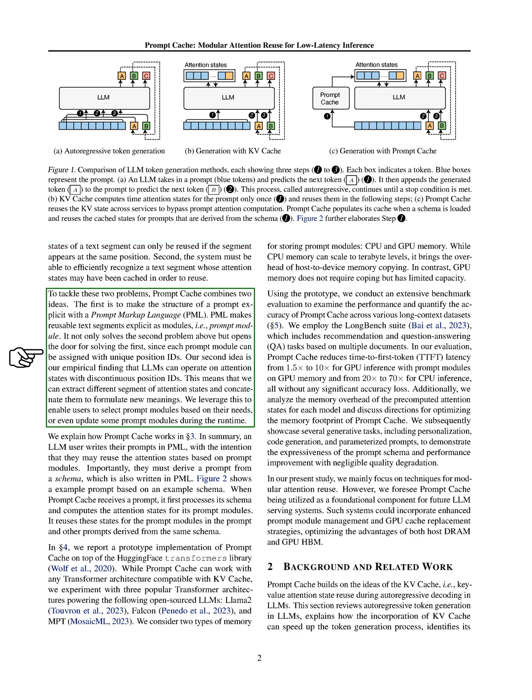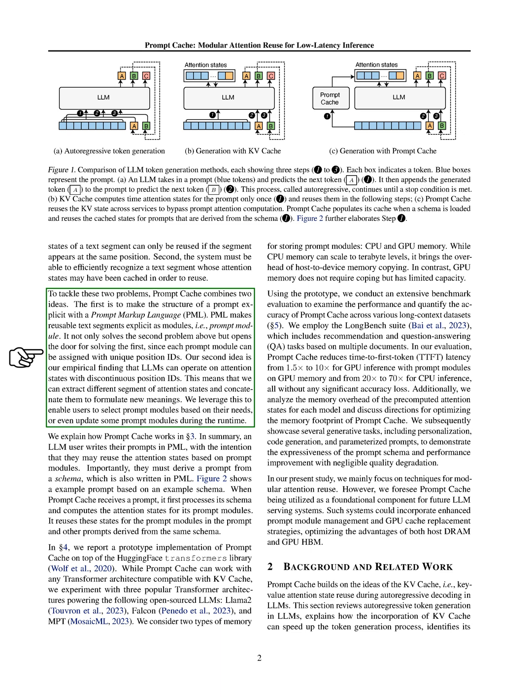To overcome these challenges, prompt cache uses two strategies. The first is to make the structure of a prompt explicit with a prompt markup language, PML. PML makes reusable text segments explicit as modules, which not only solves the second problem but also helps to solve the first, as each prompt module can be assigned unique position IDs. The second strategy is based on our finding that LLMs can operate on attention states with discontinuous position IDs. This means that we can extract different segments of attention states and combine them to create new meanings. We use this to allow users to select prompt modules based on their needs, or even update some prompt modules